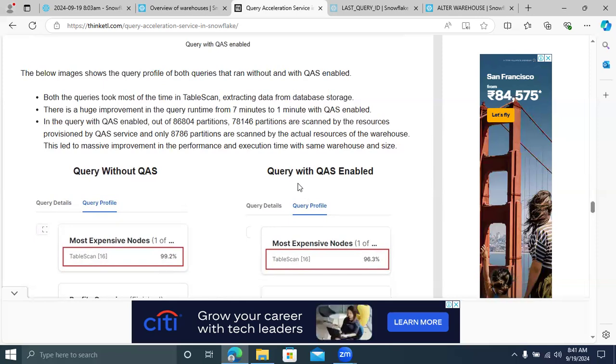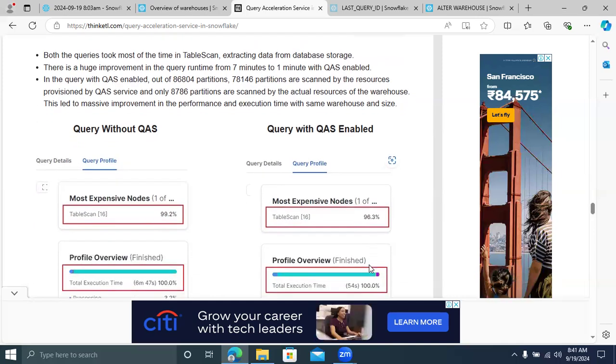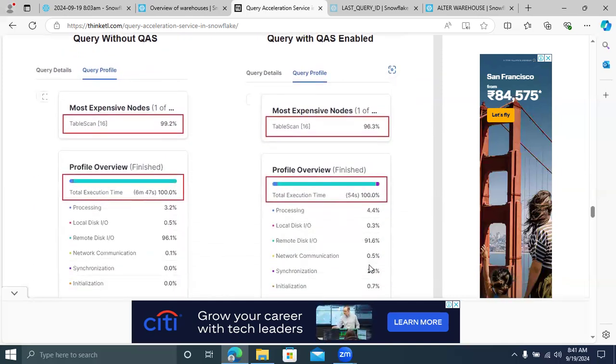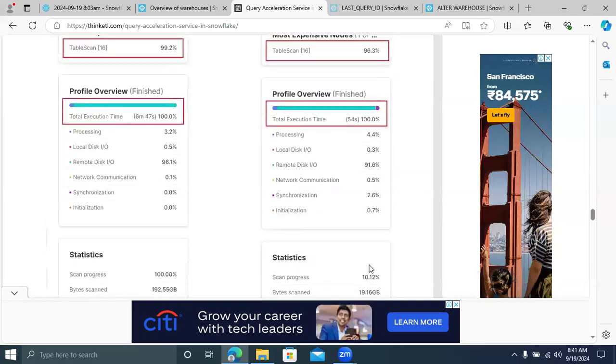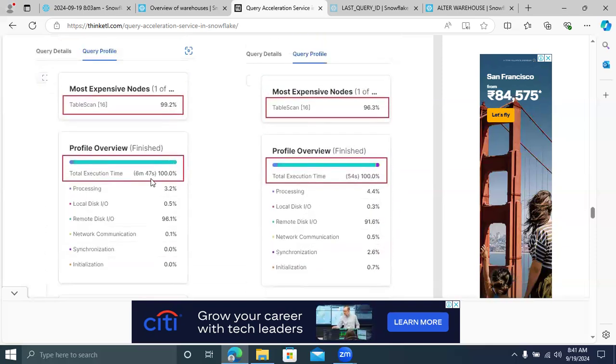But with QAS enabled, only 96.3% table scan happened. Now you can see the difference. And if you look at the profile view, you can see the major differences. The total execution time took 6 minutes 47 seconds. With QAS, it took 54 seconds.